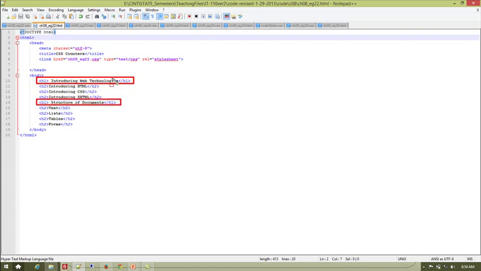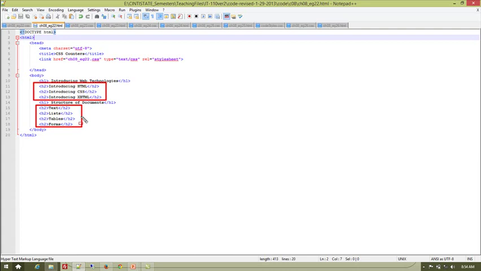We're going to add a counter to count those. And then we're also going to add a counter for the H2s that come after them. So we're going to create kind of like an outline of these elements where they're indented and the numbering changes